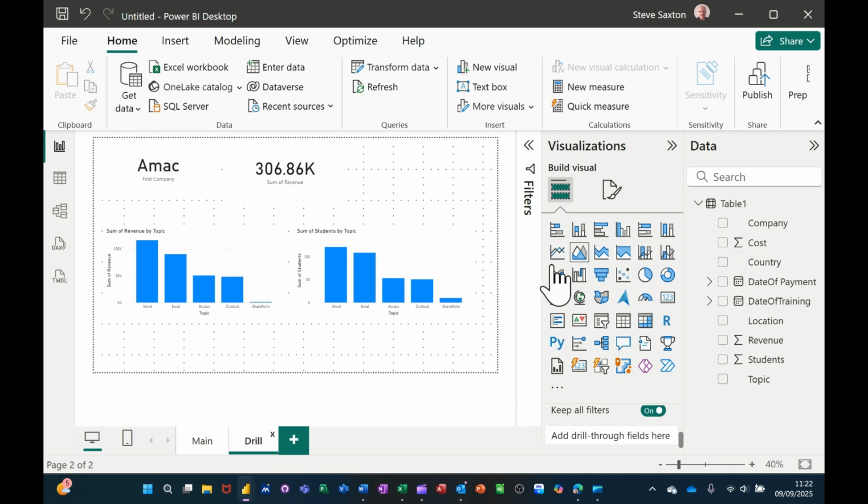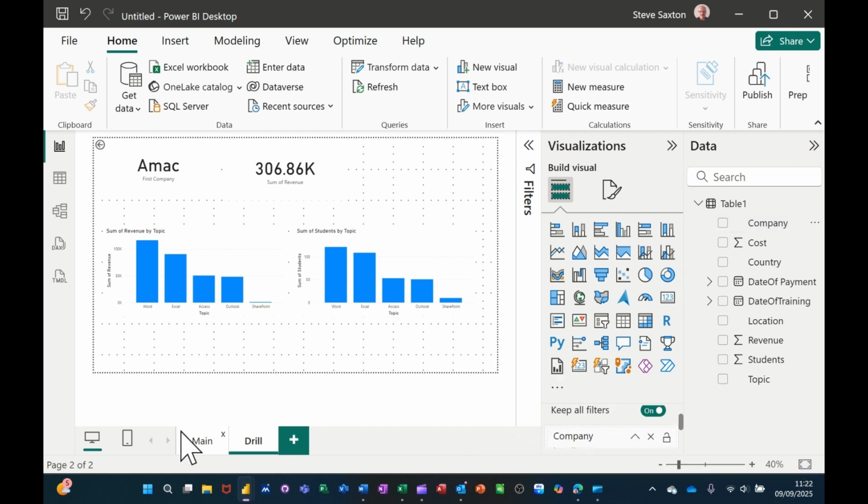now I've got my screen zoomed up so people can see the icons better, but that means you can't see all of the options down underneath. But if I scroll down, so if I go back up a little bit, if you come down where it says drill through at the bottom, add the field there that you want to drill through from. So that is the company field. So if I get company and drag that down and drop it in there,